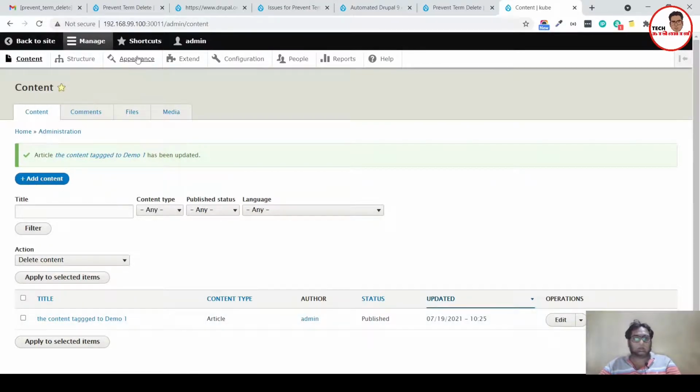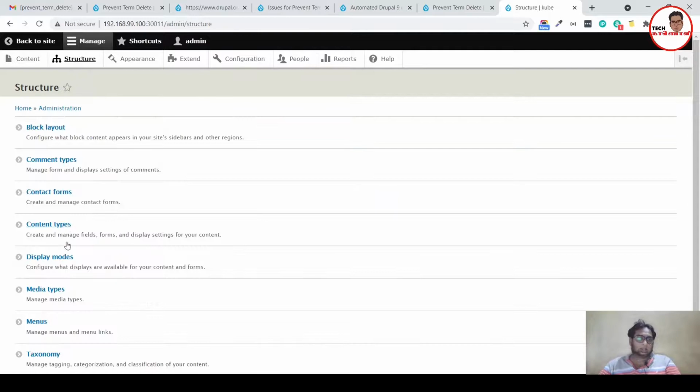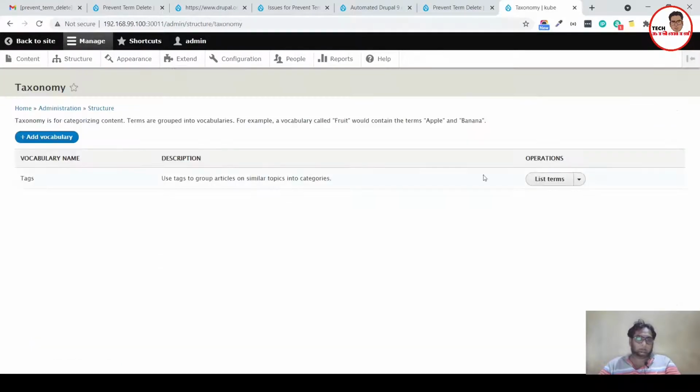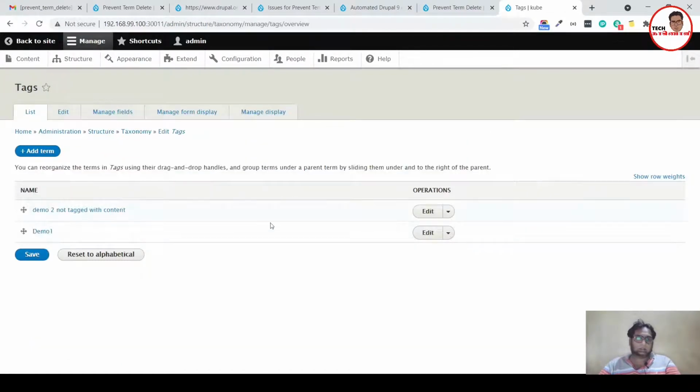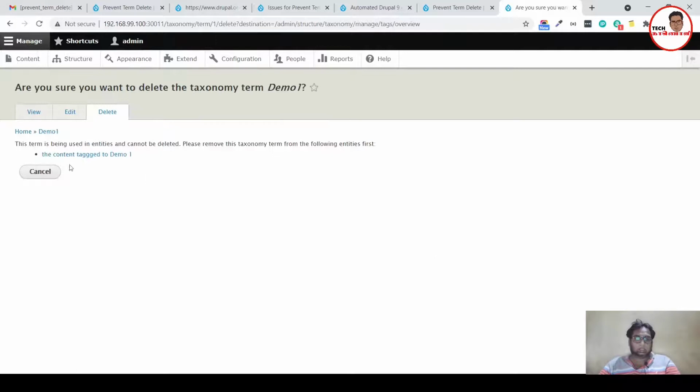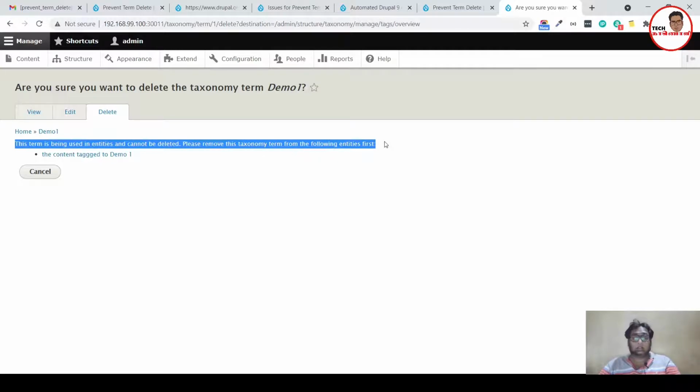Now I'm going to taxonomy and list the terms, and I'm going to delete this one. If I'm trying to delete, the Prevent Term Delete module shows that you will not be able to delete this tag, because the demo one tag is already tagged with some content.